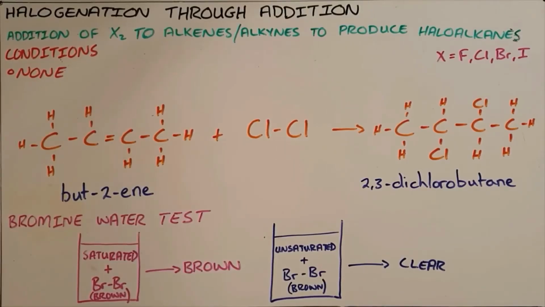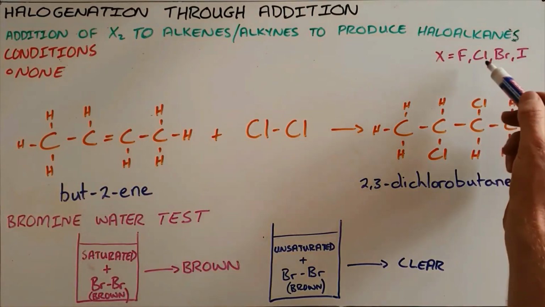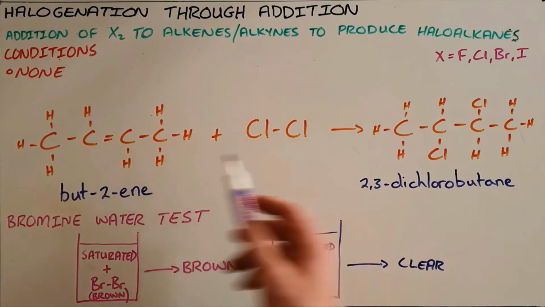Halogenation through addition is the addition of a halogen to an alkene or an alkyne to produce a haloalkane, where the halogens are the group 17 elements, those being fluorine, chlorine, bromine, and iodine, all of them being diatomic. Important to note that halogenation through addition has no specific conditions, and as such we would say that it would